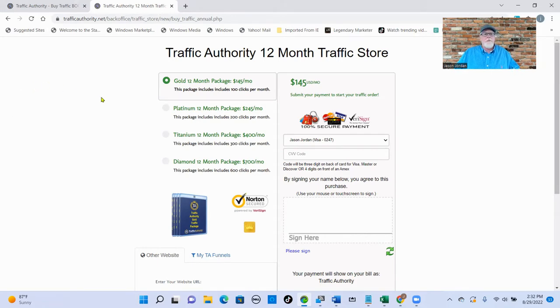But then you get paid. So say you bring somebody else on under you, okay, in SHG, and they go and buy traffic from TA. Now you get a commission from that purchase as well. So not only have you monetized with this SHG, now you're going to monetize with your traffic and your traffic packages, but then you monetize your YouTube channel. Now you've got 3 sources of income that are always going to be working for you all the time.